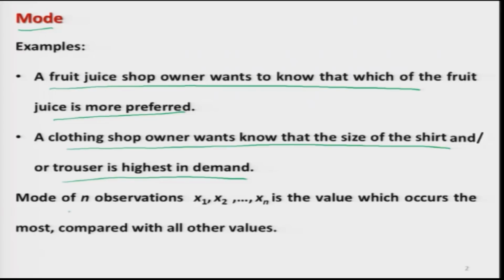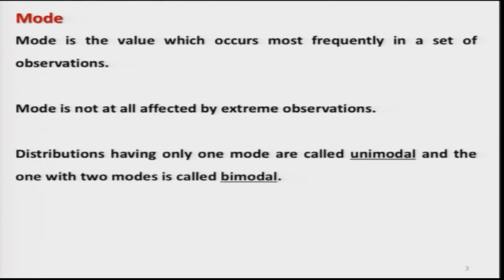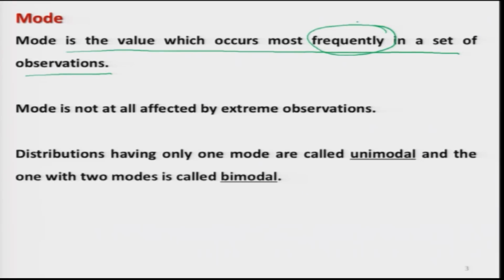So, the mode of n observations, say x1, x2, ..., xn, is the value which occurs the most compared with all other values. Essentially, the mode is the value which occurs most frequently in the set of observations. How does this word frequently come into the picture? That comes because of the frequency distribution or the frequency of the values. So, the definition of the mode is interconnected with the frequency of those observations or the frequency distribution of